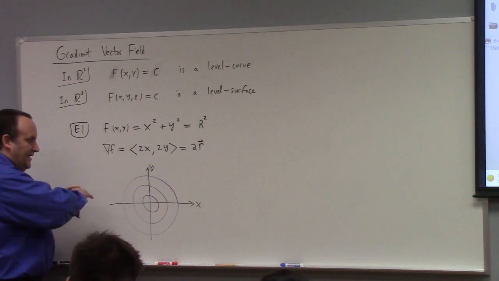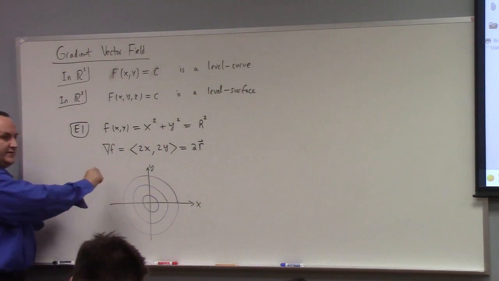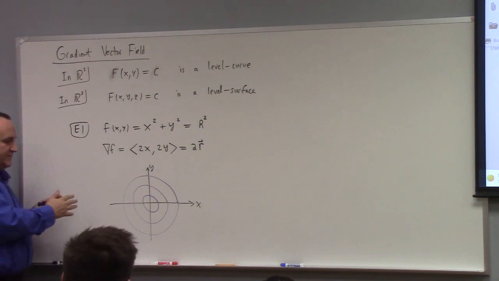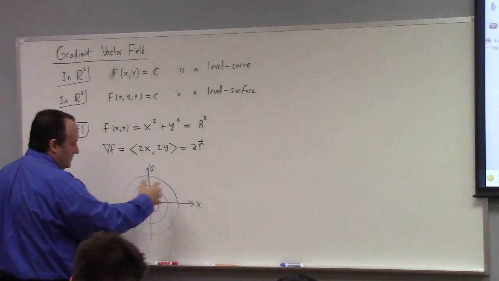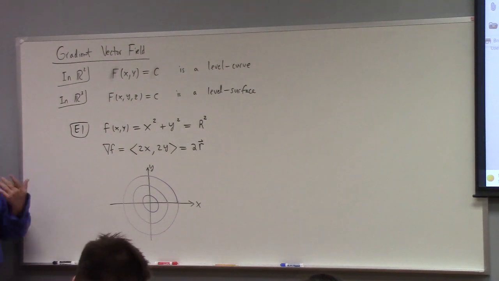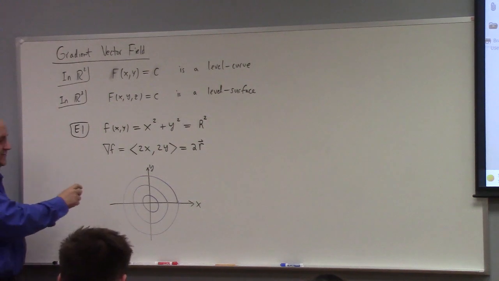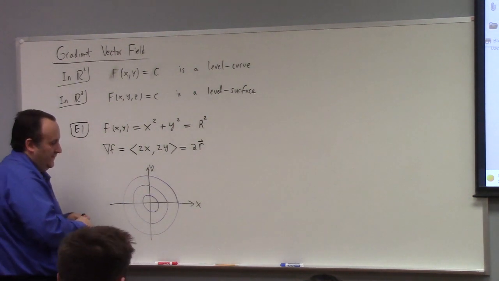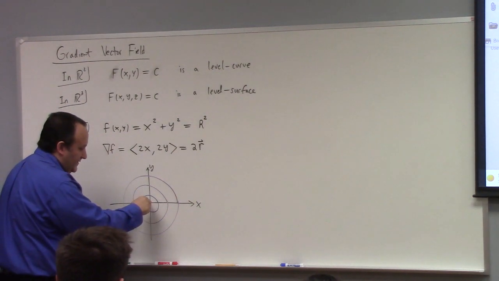Not an accident that any point in the plane is on one circle and just one circle, right? These circles, you could say, are said to foliate the plane. Every point on the plane is on a unique circle, if we're talking about circles centered at the origin. If you're not insisting that your circle be centered at the origin, well, there's infinitely many circles that go through a given point. But if we're insisting that the circles be centered at the origin, every point is on a unique circle, if we include the origin itself as